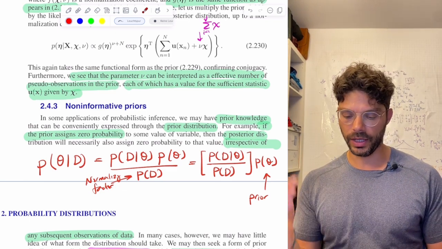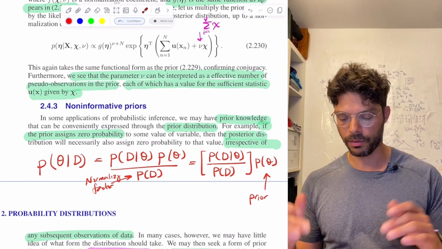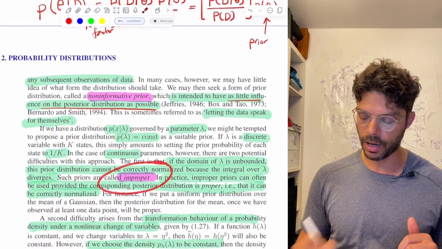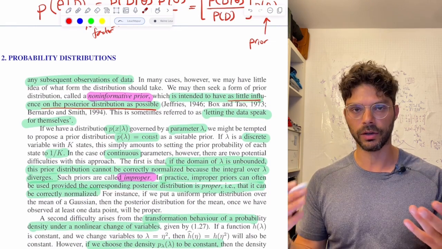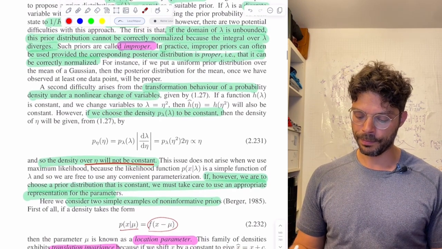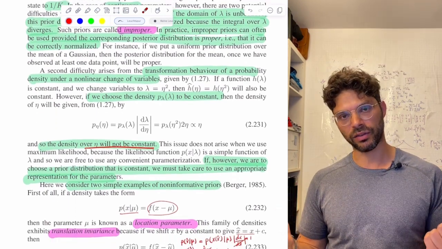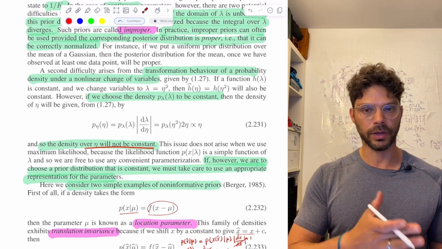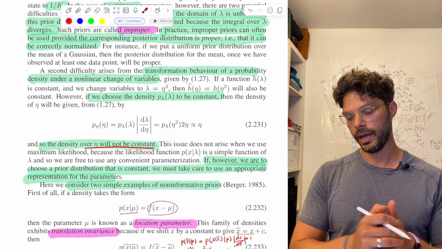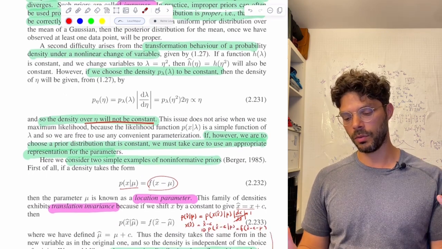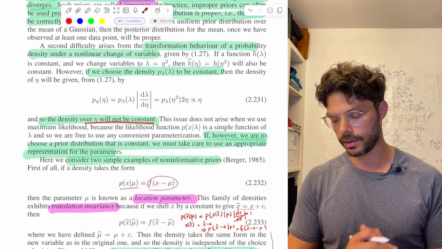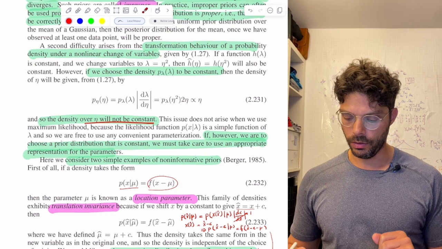Anyway, I think that was a fun run through what non-informative priors are. You might come across them. You'll definitely come across terms like improper priors. All that means is it doesn't integrate to one, but as we saw, it's not necessarily a problem. And then we saw how to come up with priors that respect, let's say, location invariance or scale invariance properties of your likelihood. The idea is that you might have other properties you want to respect, so these aren't the only ones. Maybe you got an idea of how to do that here.